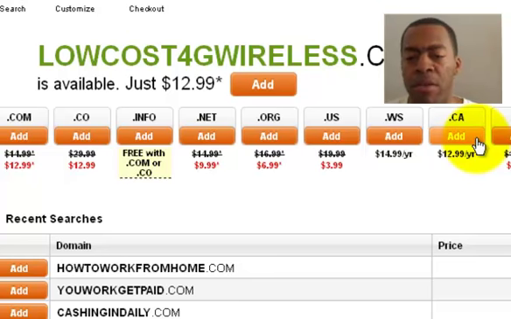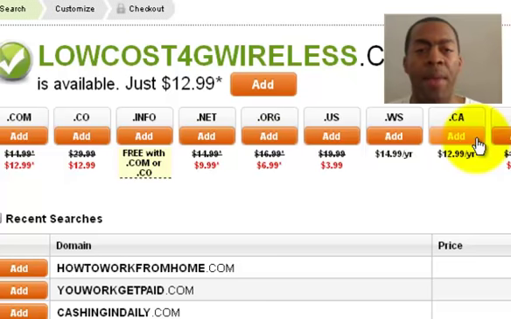So this is an example of what the screen would look like once you type in a website address or a domain name idea that you have that you're interested in seeing if somebody else is using, or if you have the ability to go ahead and purchase that name for your own self and for your own working at home arrangement. Okay, so as you can see here, a domain name that I thought of earlier today, www.lowcost4gwireless.com, is available, and you're going to see it in green with a check mark on the left side, and basically it also tells you the price here is $12.99 with an asterisk,